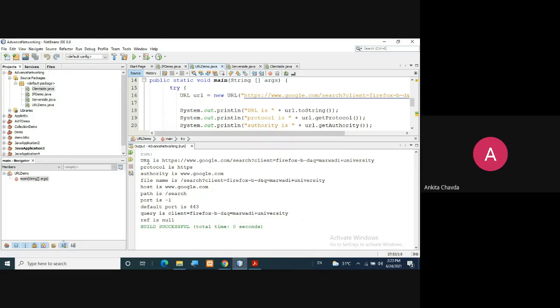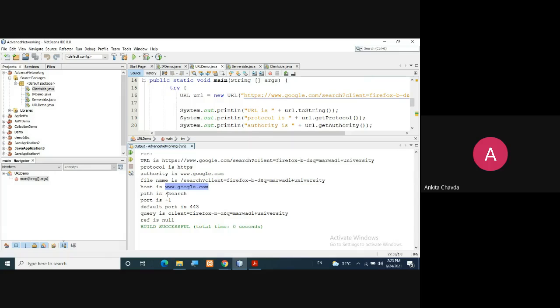fine. So the first URL is this https google.com search client equals to this, and I have searched about Marwadi University. Then the protocol is https. Then who is the authority? That is google.com. Then the file name is whatever is given after the search. Then the host is google.com.